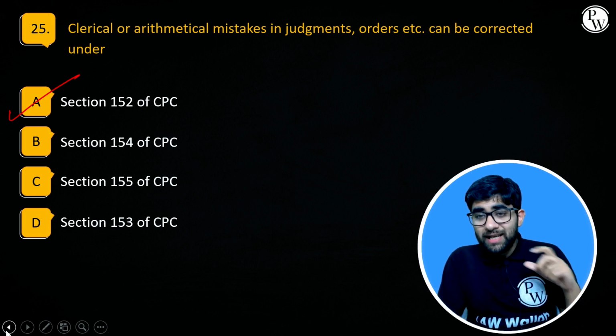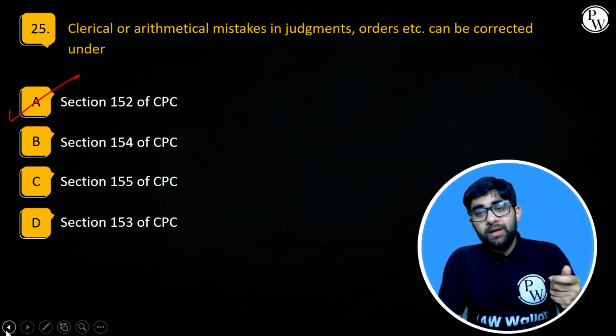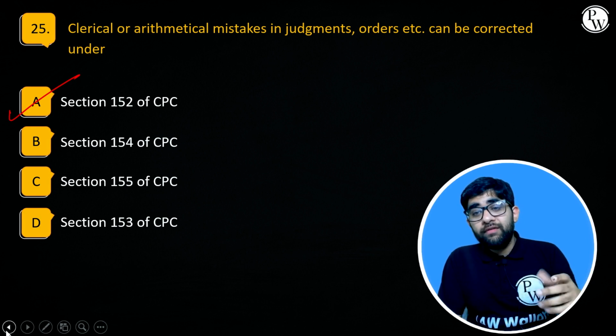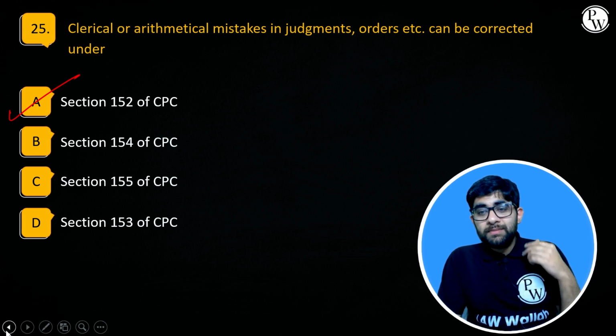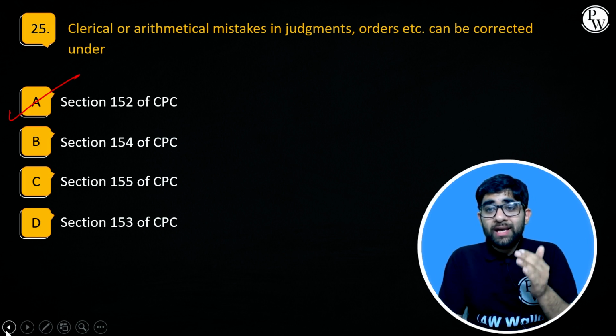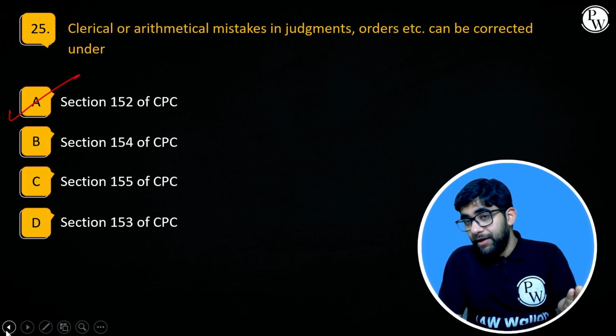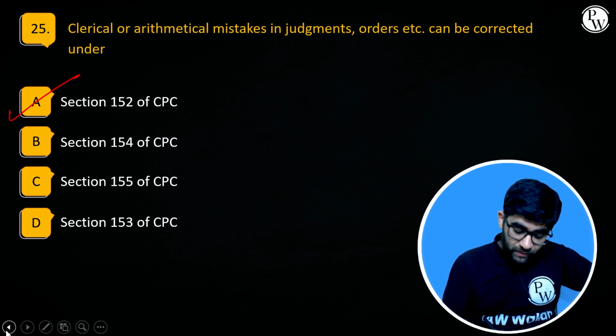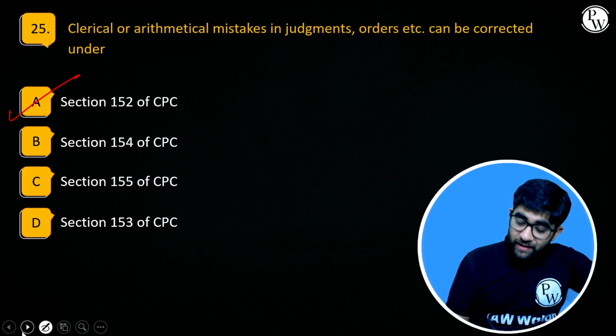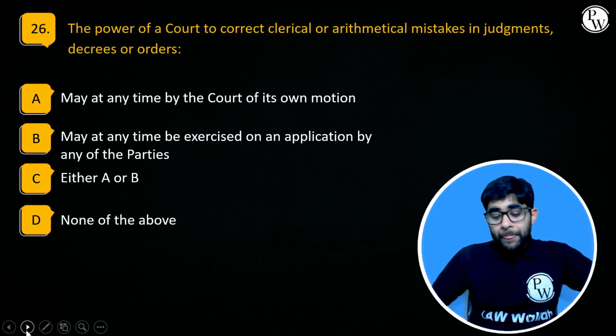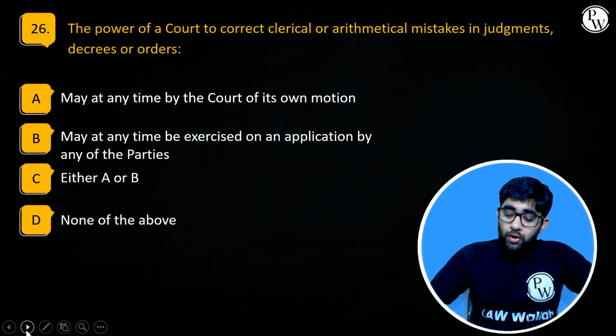Arithmetical mistakes होती हैं, that is calculation. For example, an award or recovery of 1 lakh rupees is passed and 10 is omitted or 10 is added, so that can be rectified. Now next, the power of a court to correct clerical or arithmetical mistakes in judgments, decrees, or orders